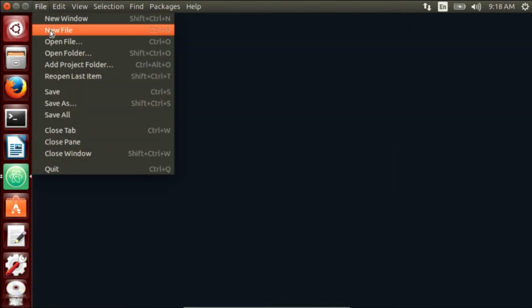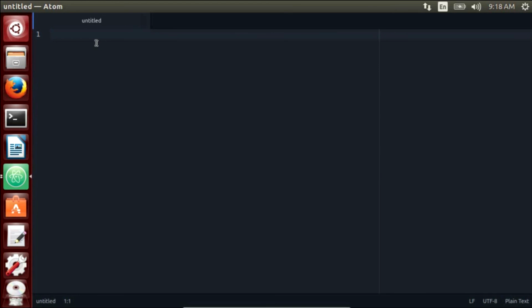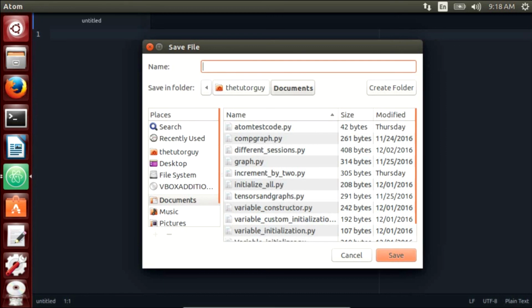Alright, so let's create a new Python file. Okay, so let's save it, Ctrl+S. Let's save it over here, Python testing.py. This .py will ensure that the editor knows this is Python code. So let's save this,